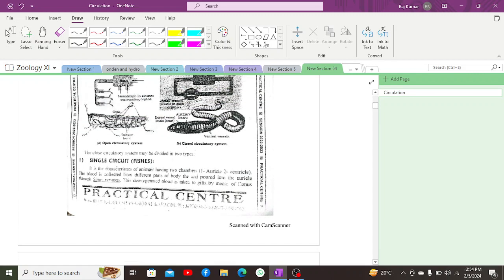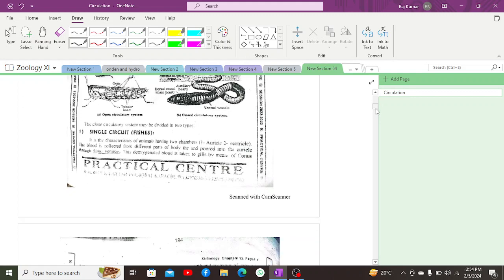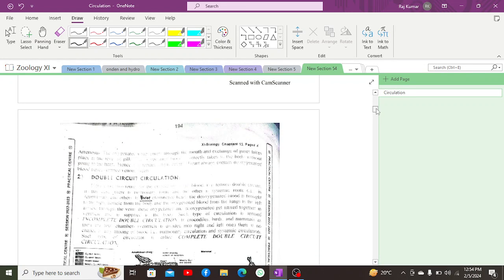Moreover, the closed type circulatory system is also mentioned in the diagram. Here it is divided into two types: the single circuit circulation, which is found in fishes, and double circuit circulation, which is found in mammals, reptiles, and amphibians. Now, when it comes to single circuit circulation,